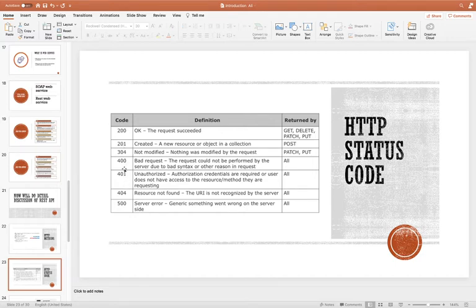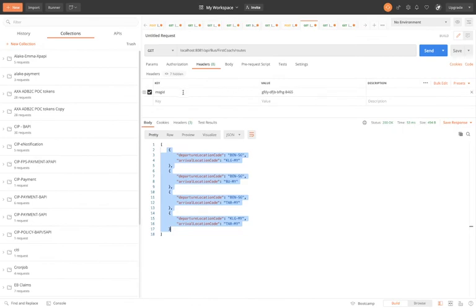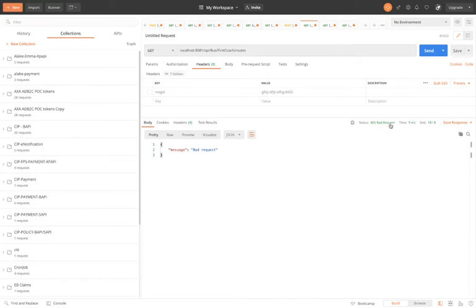We will see a few status codes. For example, I am creating a scenario for bad request. So how will I create that? Since message ID is mandatory for my API, while creating the YAML file I have given this kind of restriction, like if someone calls my API, then he must pass this message ID. Now what I will do is not pass this message ID while calling my API. Okay, so you can see here I am getting bad request.